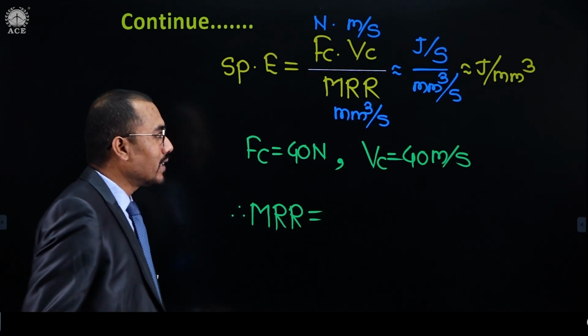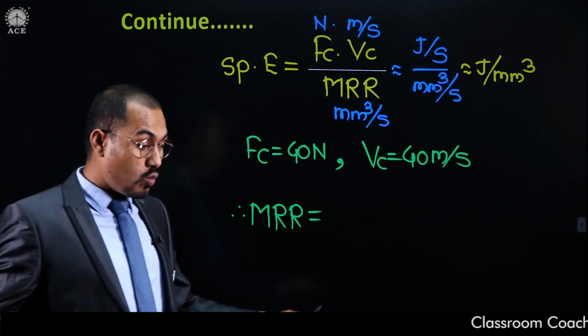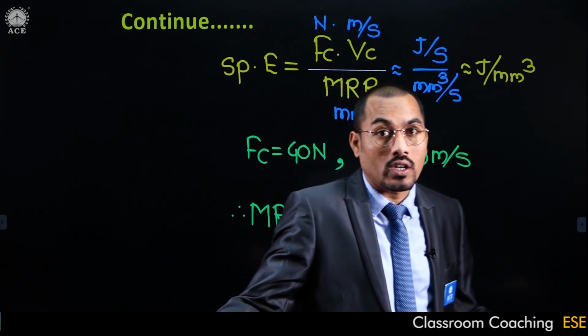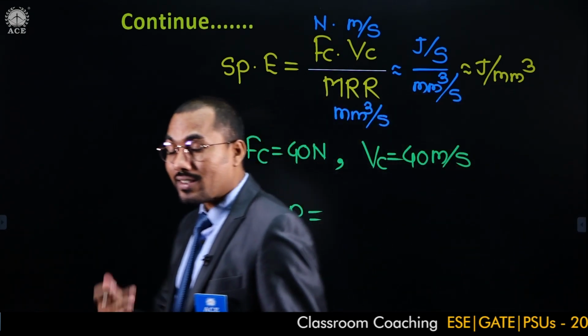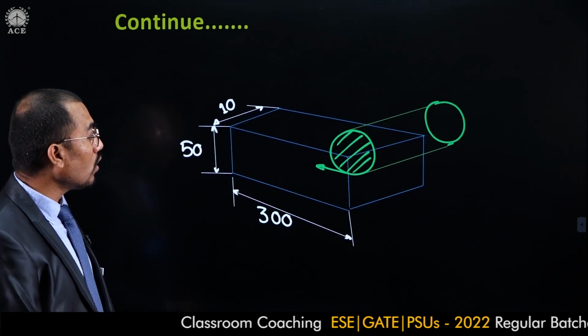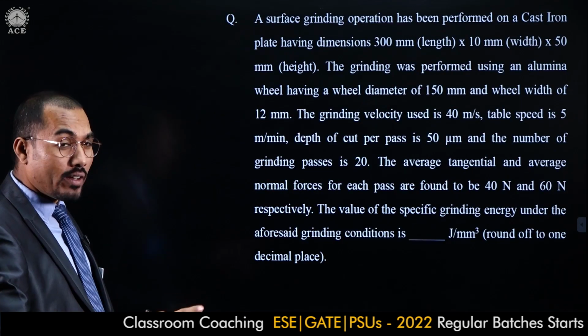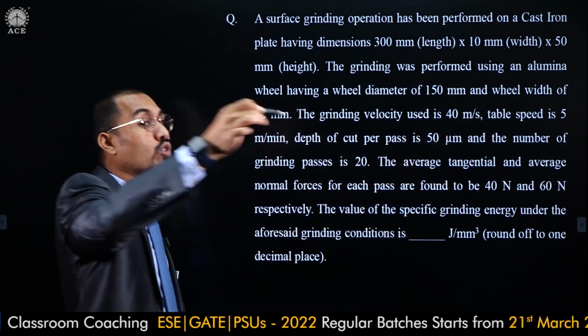Sir, MRR is nothing but volumetric removal of material with respect to time. How much volume, in millimeter cube, is removed in 1 second, 1 minute or 1 hour. So when I say 1 second, how much is the millimeter cube volume? It was given that whenever we do the operation, the depth of cut given is 50 micrometer,